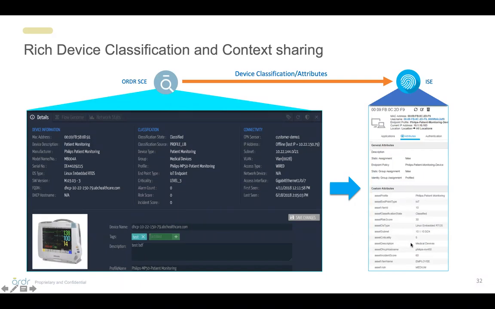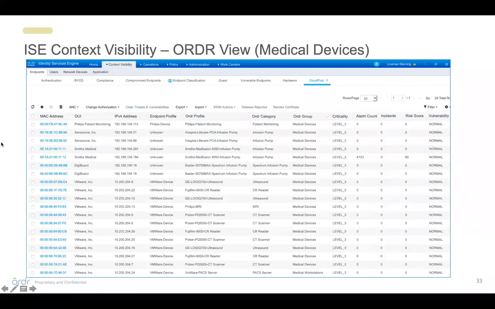All of this information is fed into ISE, leveraging things like what they call pxGrid attributes, as well as custom attributes. So we're able to populate this with essentially any of the information that we have in our database. And you can see this is a phenomenal type of visibility. The first couple of columns are what you would learn from Cisco ISE and its current profile.